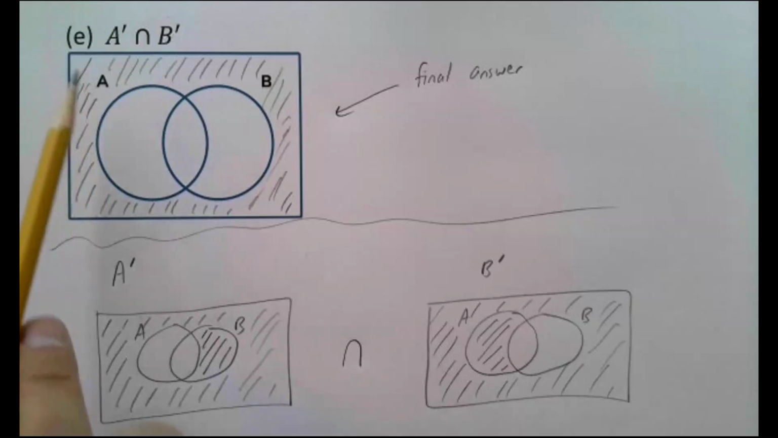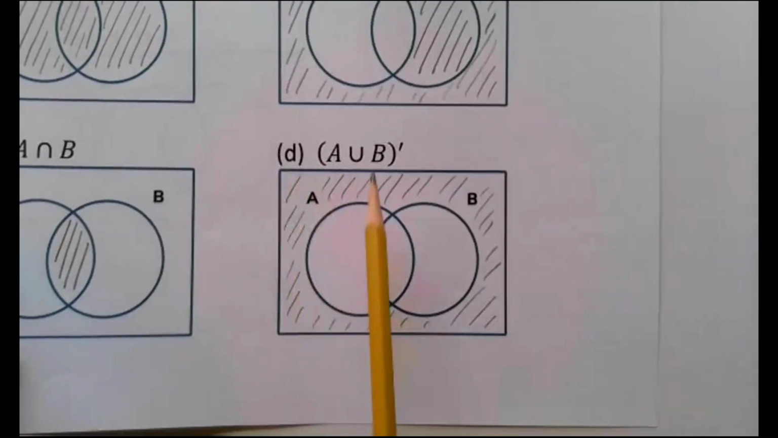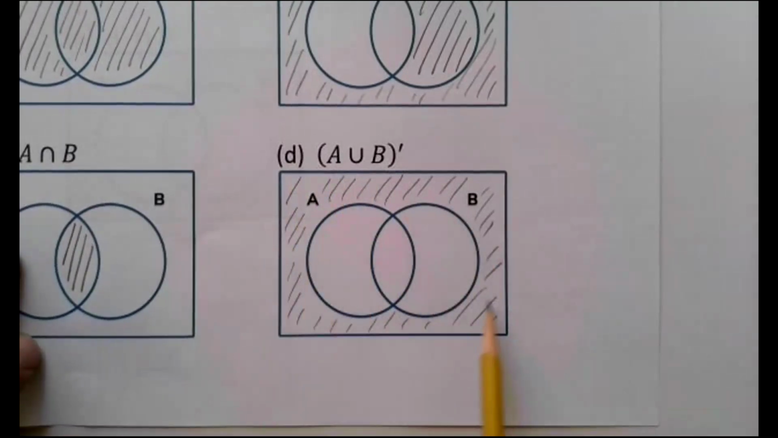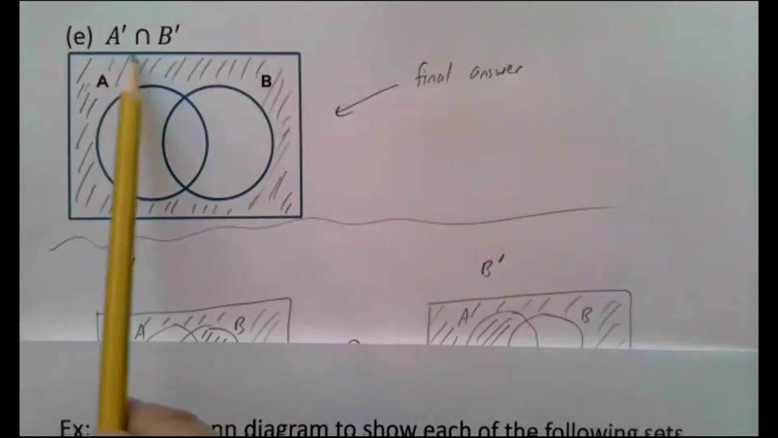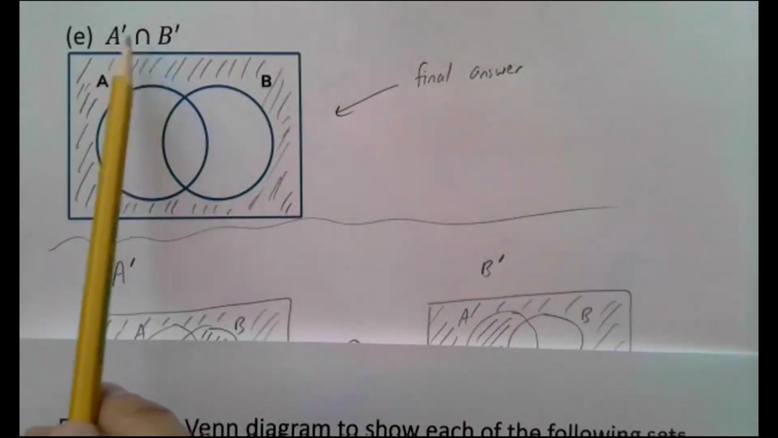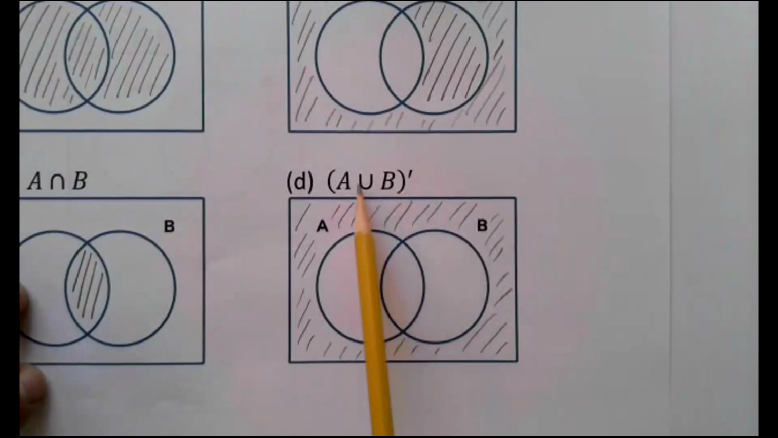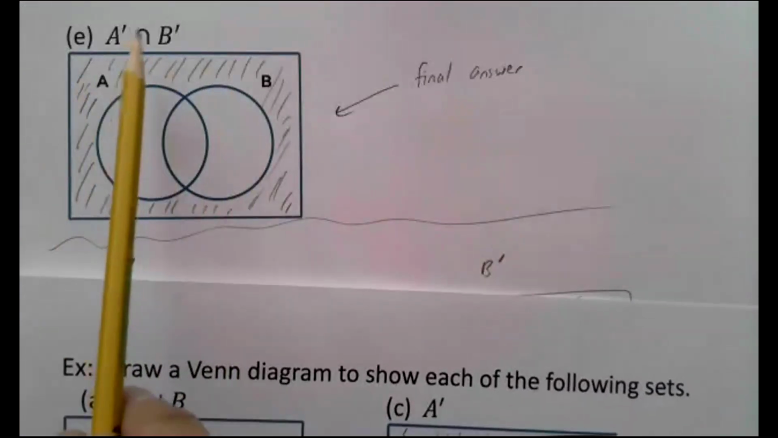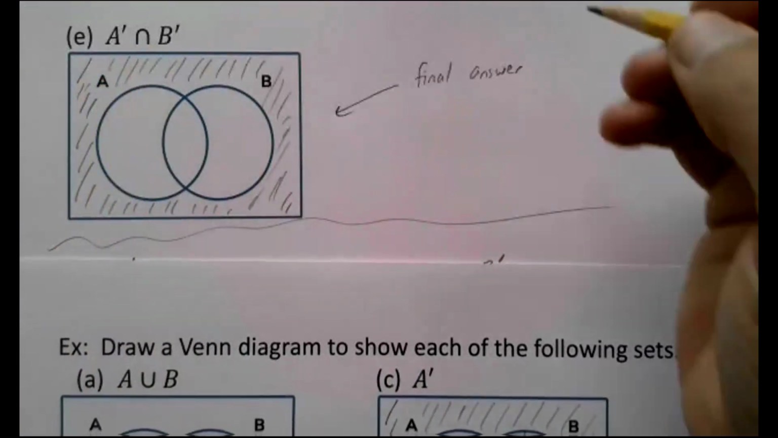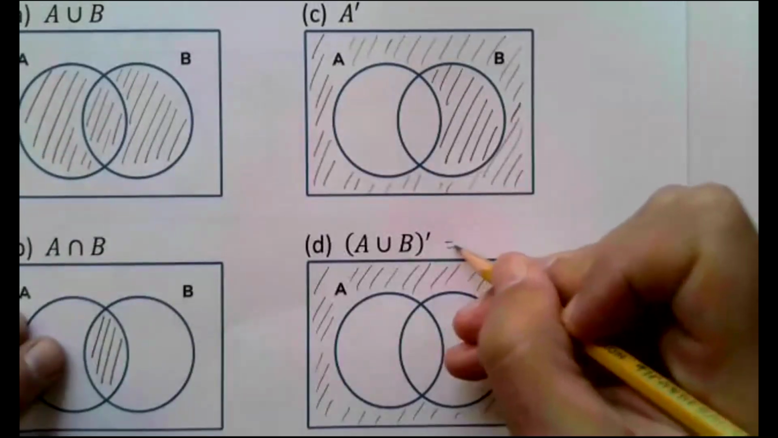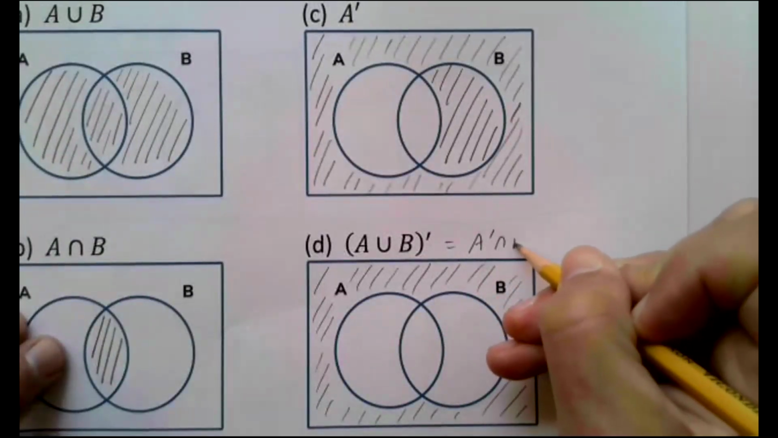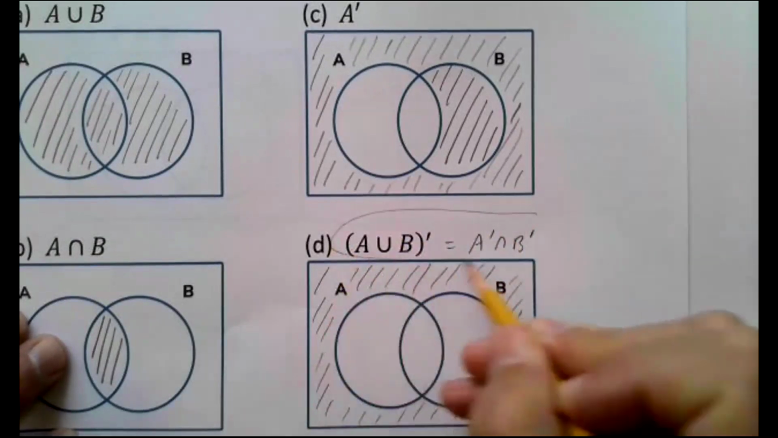Notice that the answer we just got to part E here is actually the same picture as what we just got right here. See that picture right there that we got for the complement of A union B? It happens to be the same as this picture that we got for the intersection of the two complements. Looks like the complement of the union is the same thing as the intersection of the complements. That was actually De Morgan's law. That was one of De Morgan's laws. If you remember